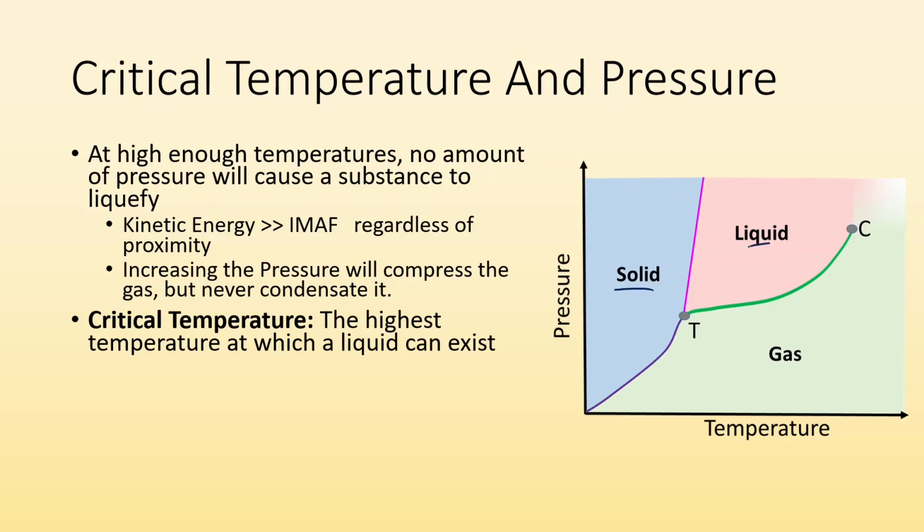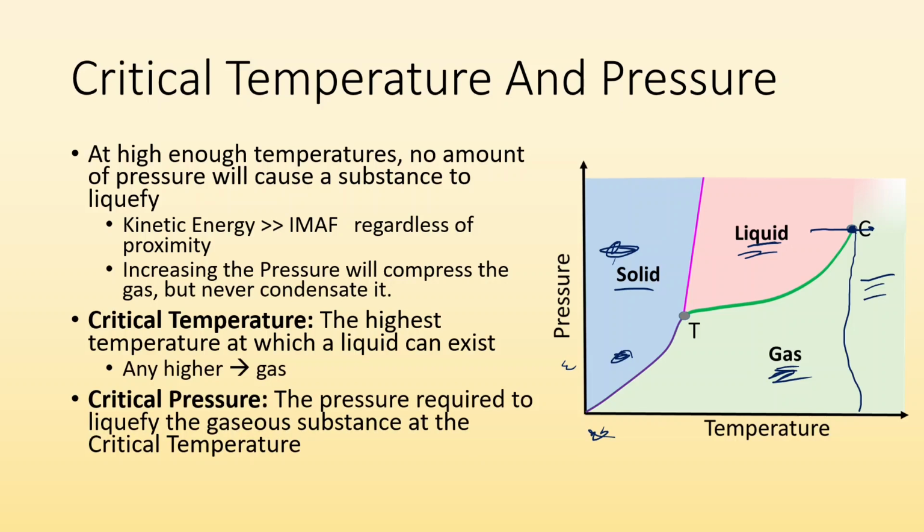So I got a little phase diagram here. We'll learn more about those later, but it shows what phases are present. Low temperature, low pressure, we end up with a solid; low temperature, higher pressure, solid. We got liquids over here. We got gas right here. At a certain high enough temperature, right here, that's the highest temperature at which a liquid can exist. If we went any higher, it would have to be in the gas state. So the critical temperature is that temperature right there. Any higher, it's got to be a gas. Critical pressure is the pressure required at that temperature to turn it into a liquid. All right, so that's the critical pressure.